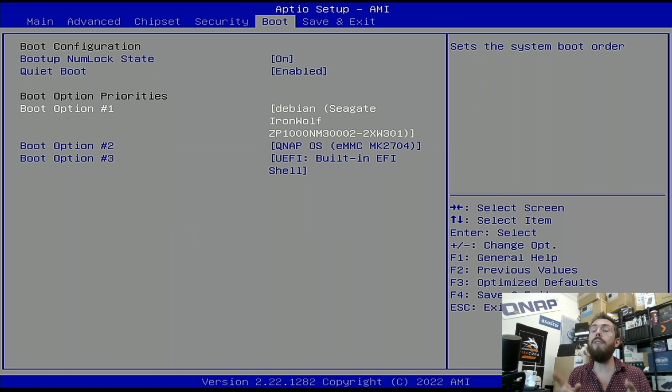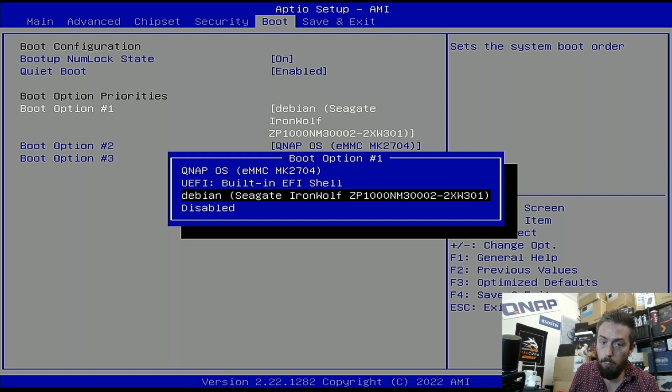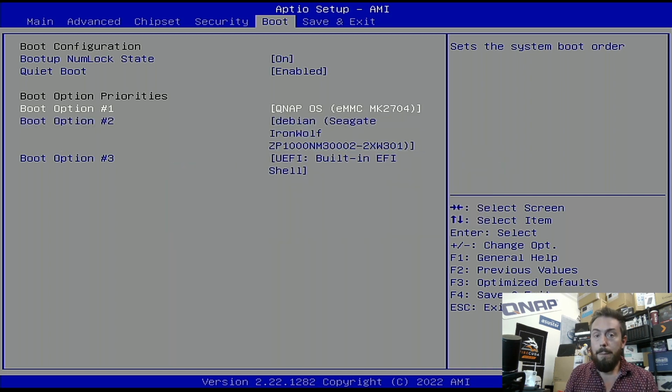And again, just before we proceed any further, remember, if you want to reverse what we've done today, what you need to do is remove the drives, or if you want to format the drives that you're using in TrueNAS, leave them in there, head back into BIOS just like we've done now, which you can only do with a keyboard and a monitor. Head in, select boot option 1, and make sure QNAP OS is boot option 1. If you do that, then you're able to reboot the system back into QNAP OS. And if you've still got the drives that you had in your QNAP, that's got all of your data and all of the apps and everything in QTS, you can put those back in and boot straight back into QNAP